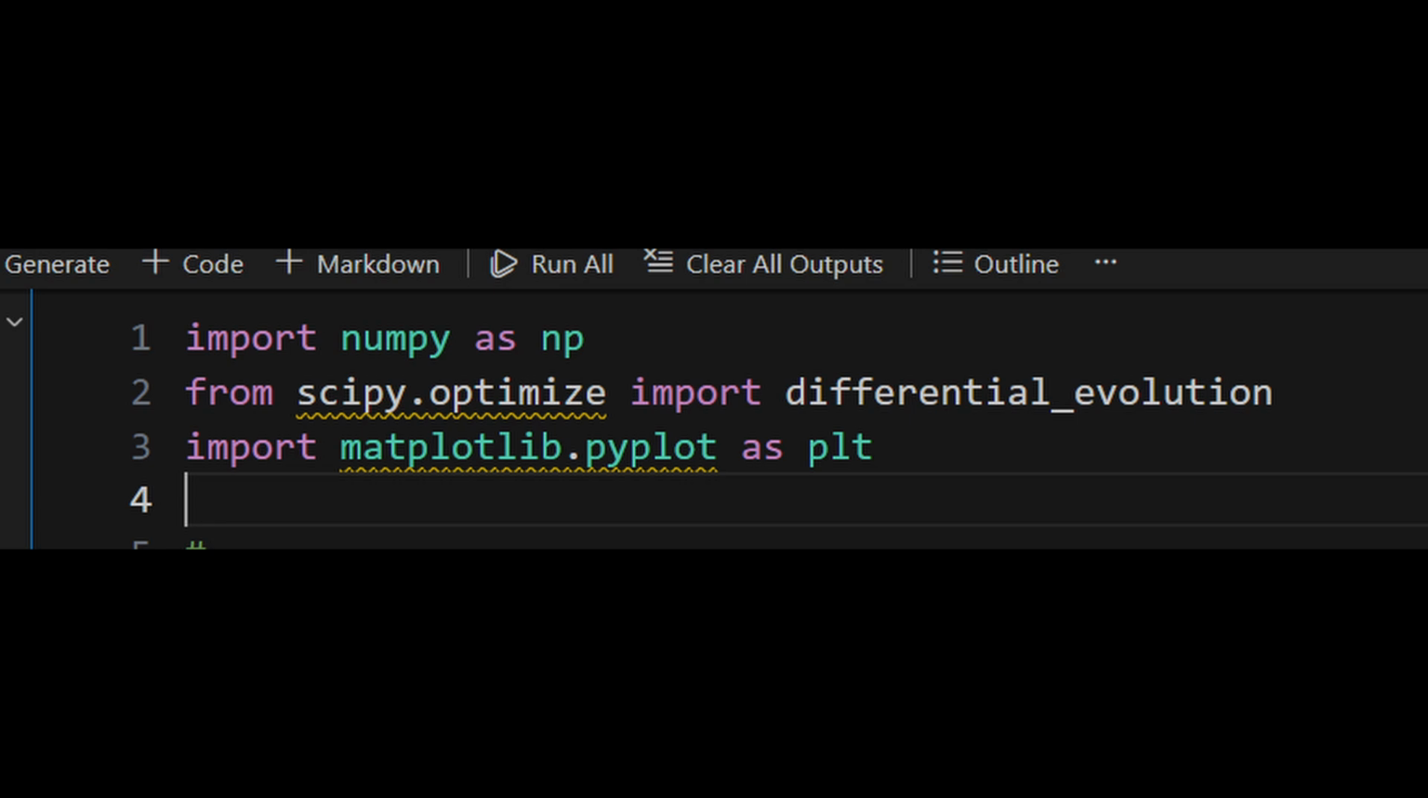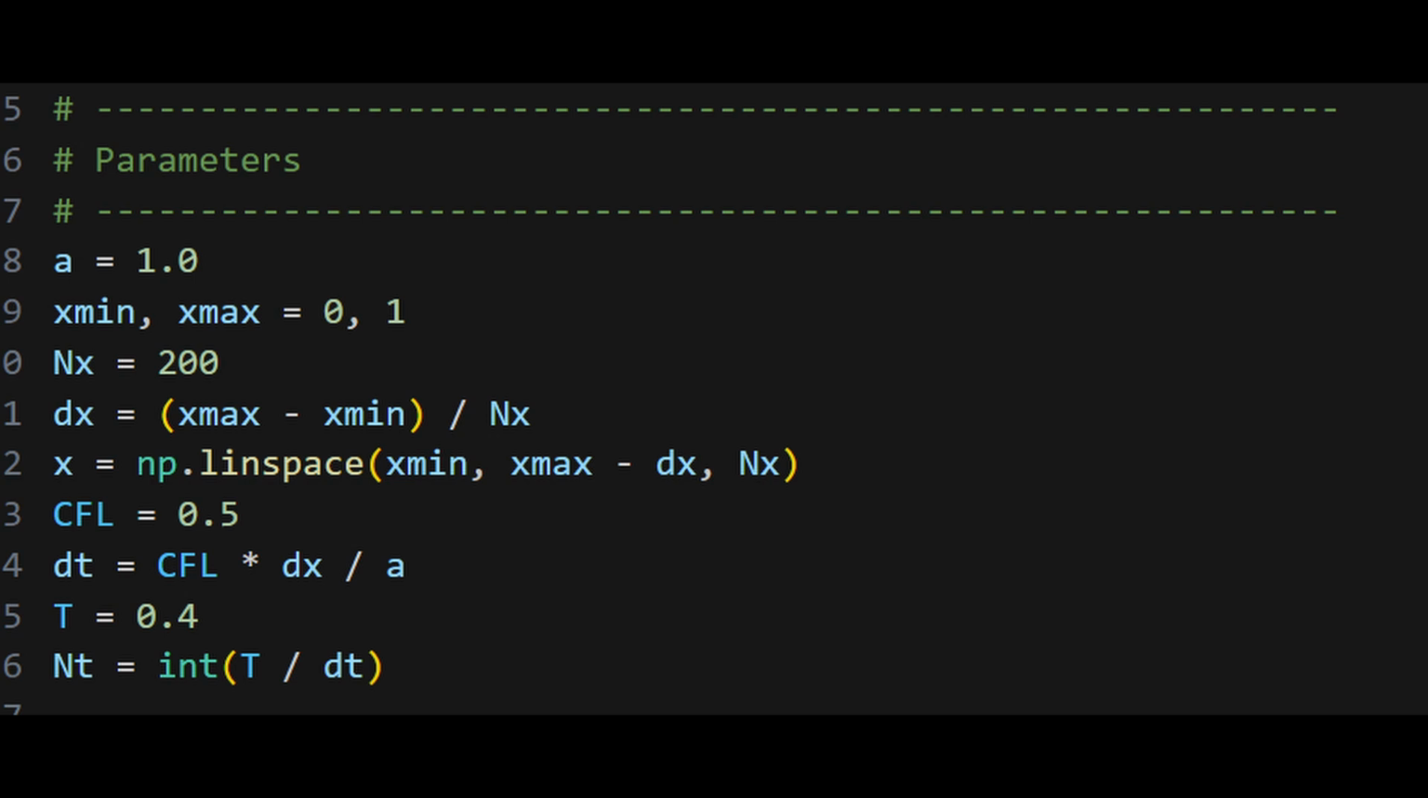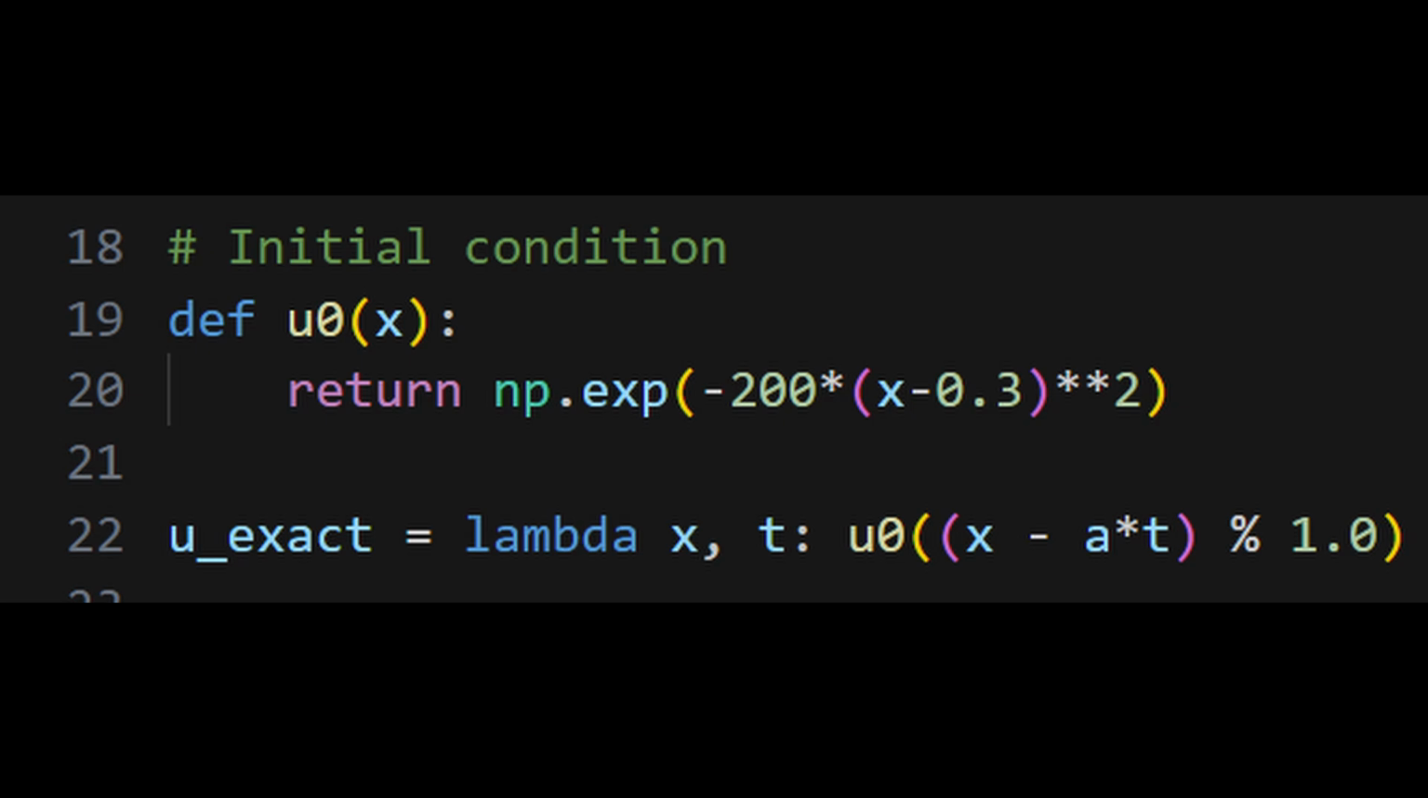This code demonstrates how to stabilize the forward time, forward space scheme for the one-dimensional linear wave equation. First, we define the physical and numerical parameters, including the wave speed, domain length, grid resolution, and the CFL number. A Gaussian pulse is used as the initial condition, and the exact solution is obtained by shifting this pulse according